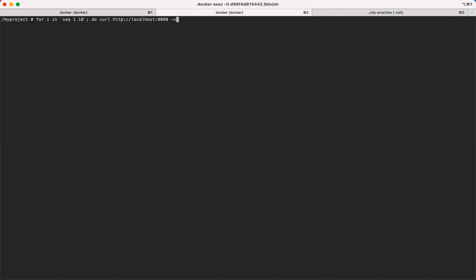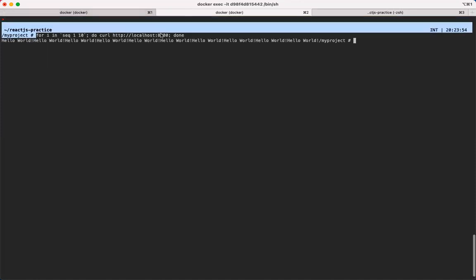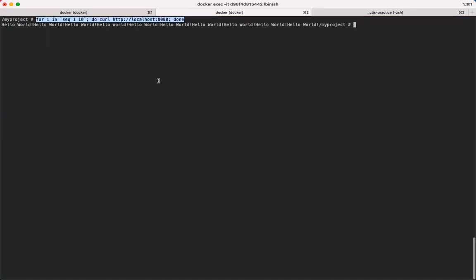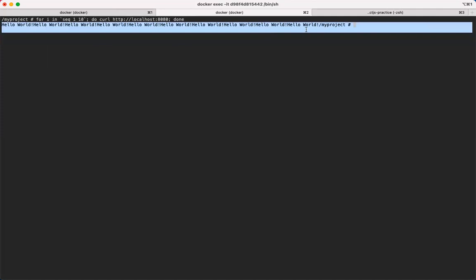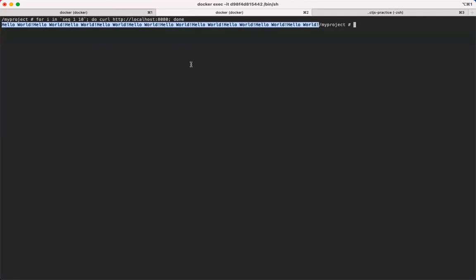Not sure if syntax is correct, but let's try. Yeah, syntax is correct. So what I did now is basically, you can understand from this, right? Yes. I executed the curl command 10 times. I'm requesting 10 HTTP requests, and every time it replied with hello world, hello world, hello world. So if I say 100,